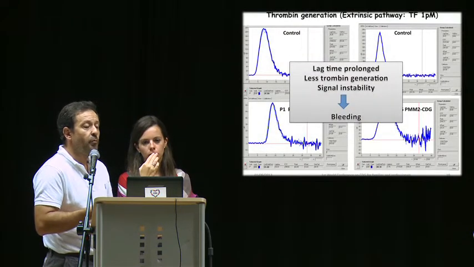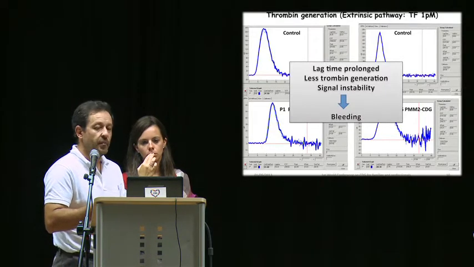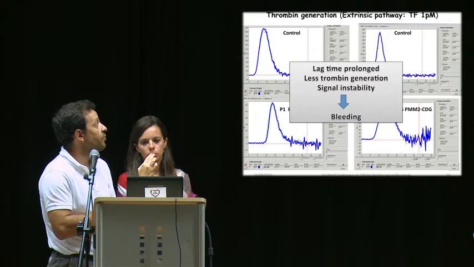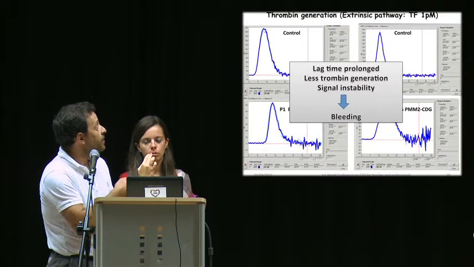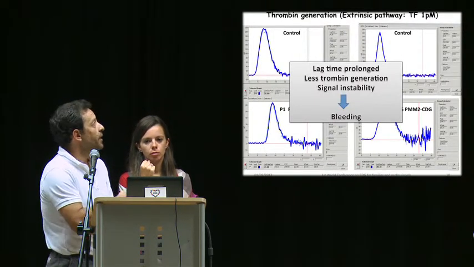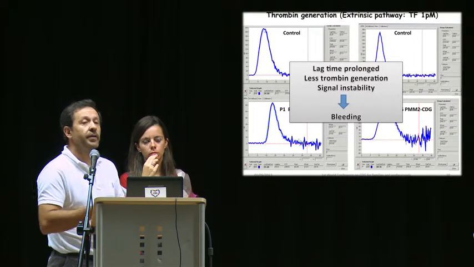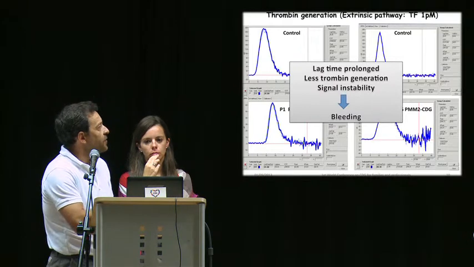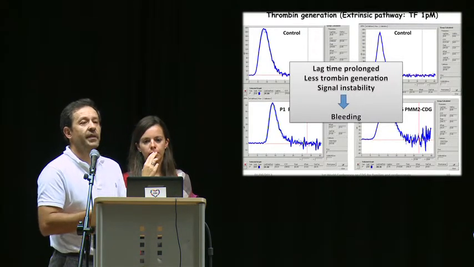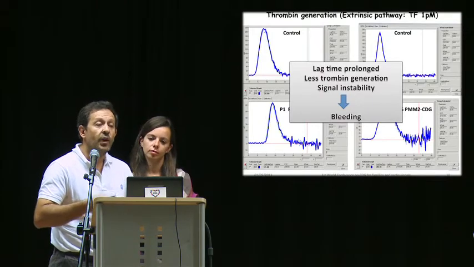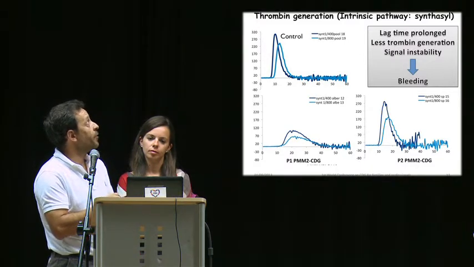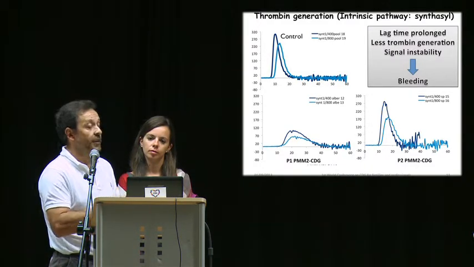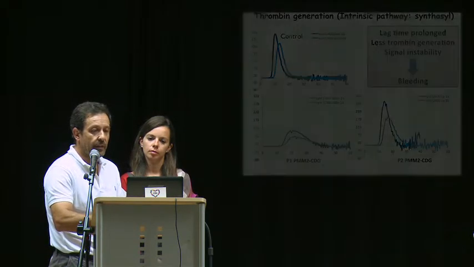She has also evaluated the thrombin generation, evaluating both the response to the extrinsic pathway and the intrinsic pathway. And as you can see here, comparing controls and patients, we have observed significant differences, particularly the lag time, the time that is required to start the coagulation, is prolonged in patients. The thrombin that is generated is reduced, and we observe a signal instability. All this data again suggests that these patients could have more risk of bleeding. And when we stimulate the thrombin generation by the intrinsic pathway, we observe exactly the same data.